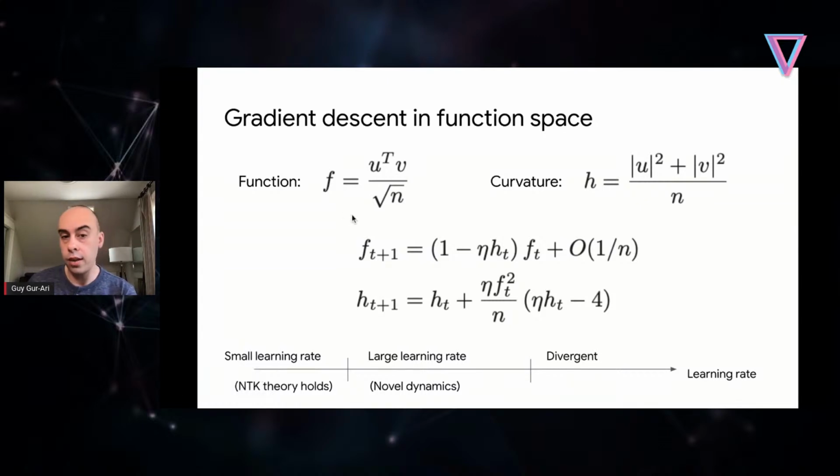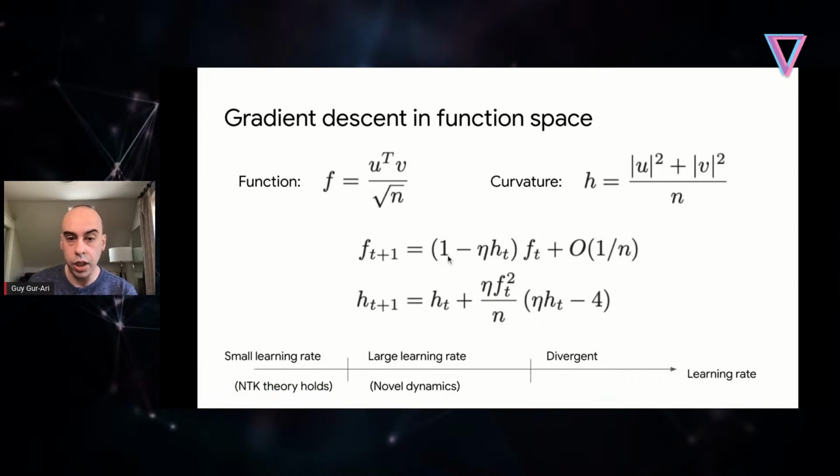And this is a common trick that's proven very useful when studying wide networks. We're going to look at the way the function evolves under gradient descent. So we're still updating the weights using gradient descent as before, but we're not tracking the individual weights per se. We're tracking how the function itself evolves. And so here, the first equation shows the update equation under gradient descent of the network function.